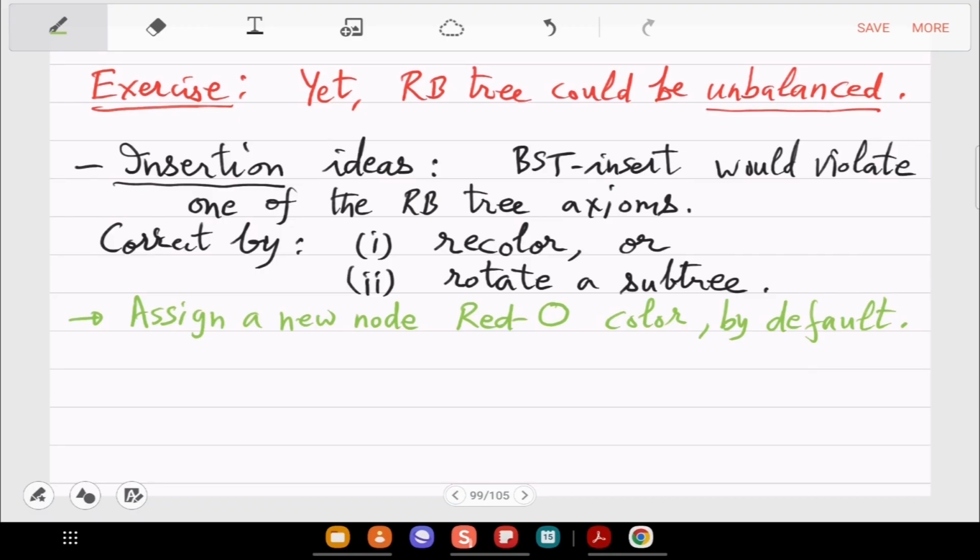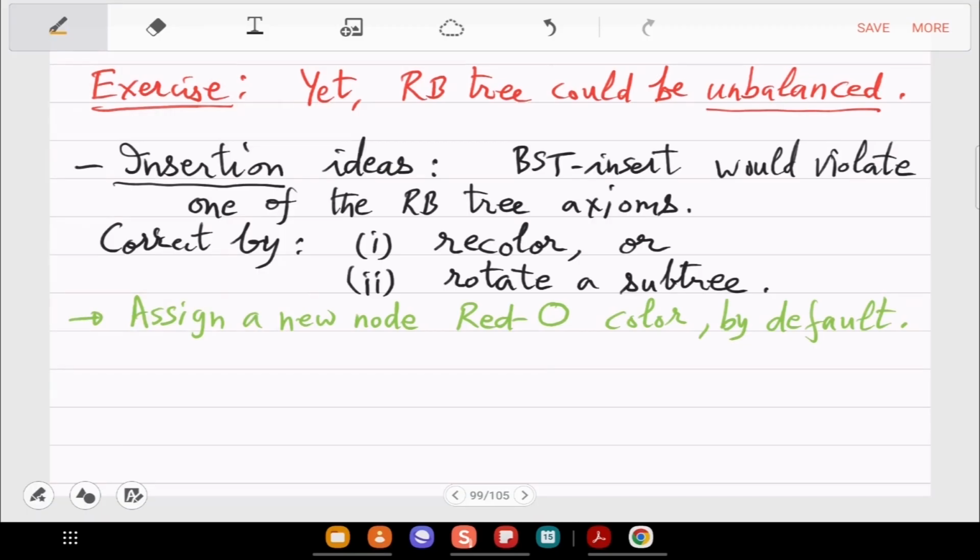the black height as an axiom will remain correct, but still there is one problem which may happen, that red may be a child of red. Okay, so then you have to recolor, but when you recolor, then the black height will change. So then you have to rotate to modify the height. So the game will be to basically either solve the color imbalance or solve the black height imbalance. Okay, so for those you have these two tools, recoloring or rotating. So let us see this in action.